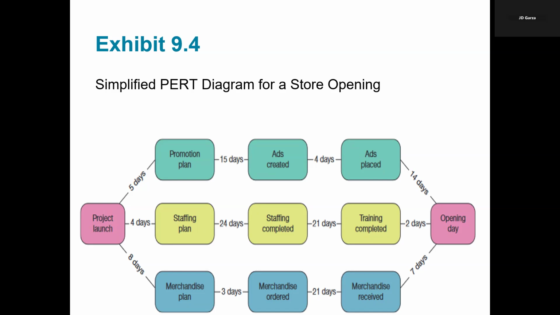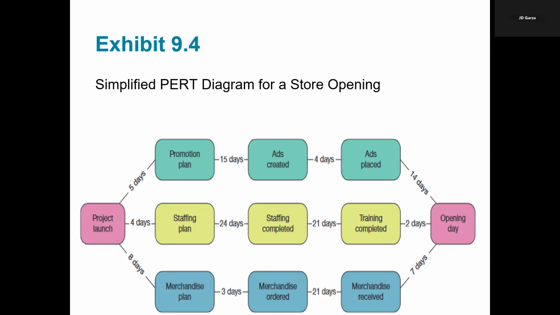Okay. Now, the diagram, keep in mind, helps identify the longest path of the project, which is known as the critical path. In this case, the merchandise path, which takes about 52 days, which is what you see there, indicates a sequence of tasks that determines the minimum project duration. Meaning any delay here will then affect the overall project timeline.